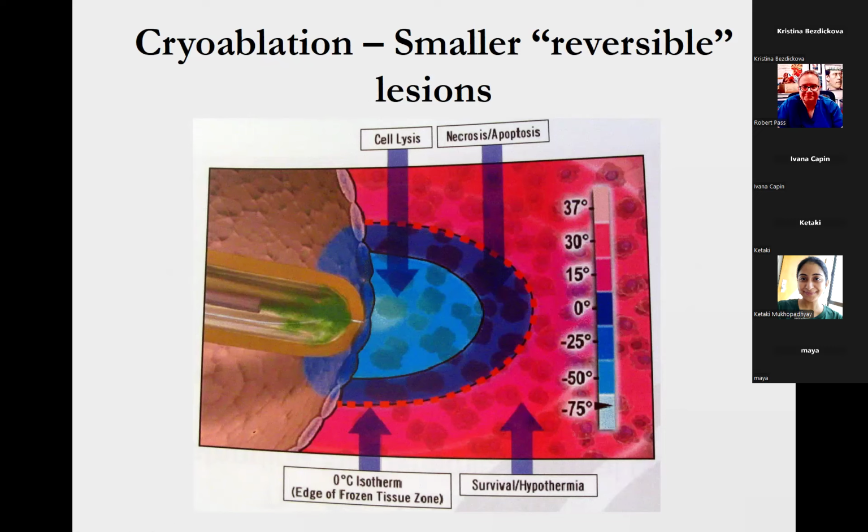And that is something of an advantage if you're in a dangerous area and you're afraid that with the motion of the heart or with ventilation the catheter may move into a dangerous area, such as the AV node, if you're, for example, ablating a parahisian pathway, or if you're doing an AV node modification and you're worried that you could cause heart block. So that's a nice advantage.